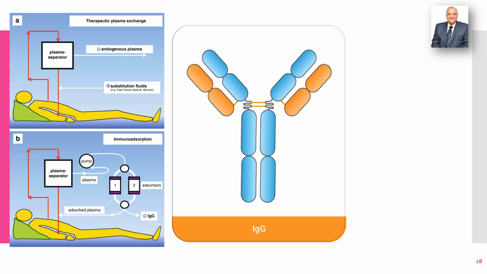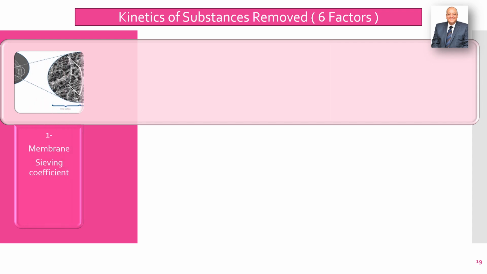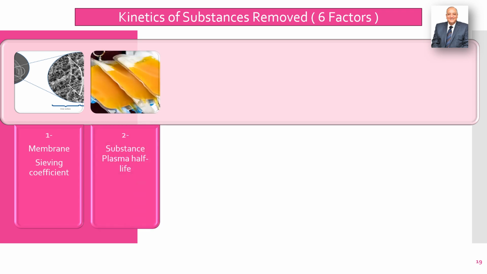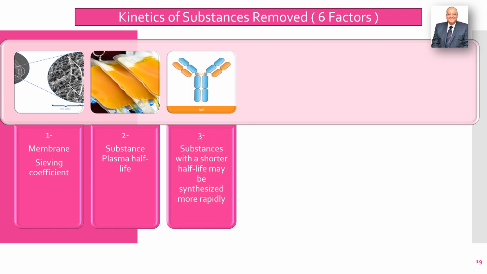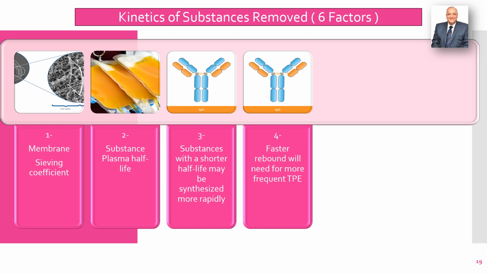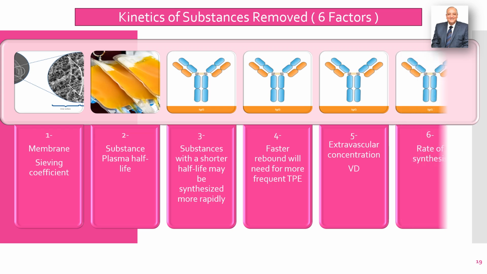Six points determine the rebound effect between molecules removed by plasma exchange. The challenges of kinetics include the following. The membrane sieving coefficient: what type of molecules could be removed? The substance plasma half-life: a substance with a shorter half-life may be resynthesized more rapidly, and faster rebound will need more frequent plasma exchange. Extravascular concentration, what's called the volume of distribution, and finally, the disease activity and additional immunosuppression use will determine the